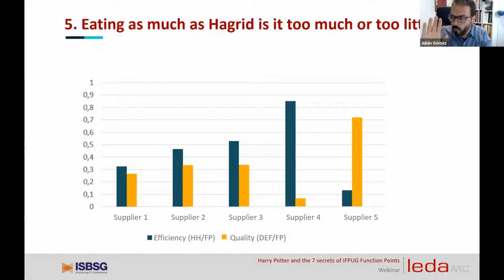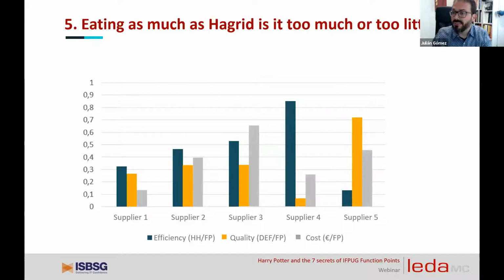But please stop one moment. We are going to add one more component, the real cost, keeping in mind the cost not only to develop, but to maintain the application. And here we are combining development cost and quality assurance for the projects. And here is a very, very interesting value, and that is extracted from our experience, real experience with our customers. Here, supplier 4, when you focus only on productivity, seems to be very bad, but in the end is one of the best